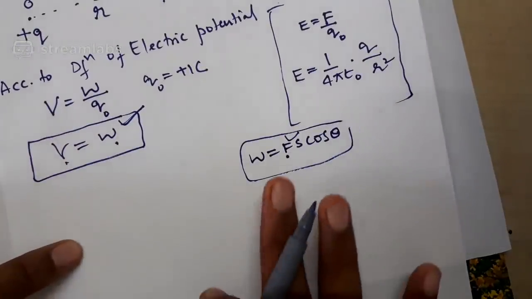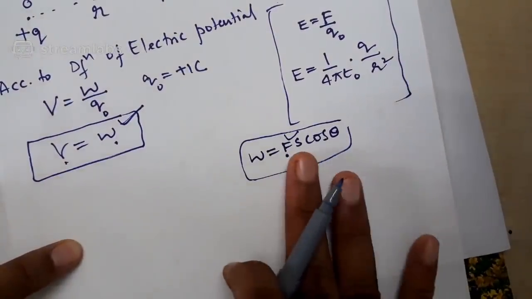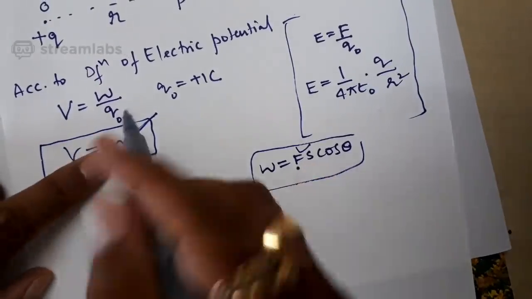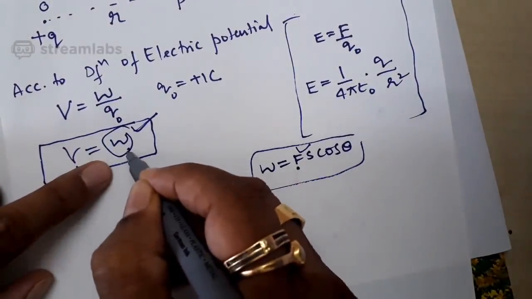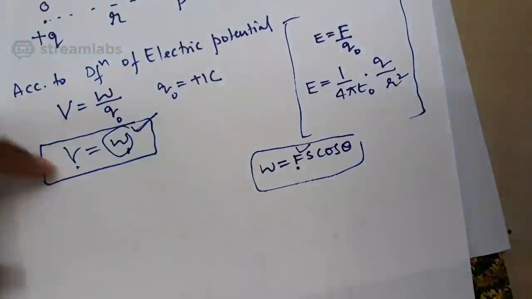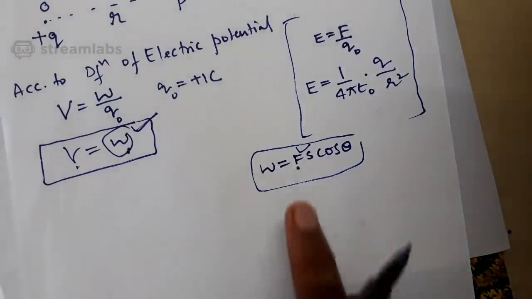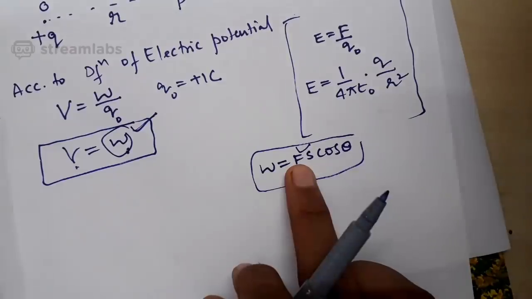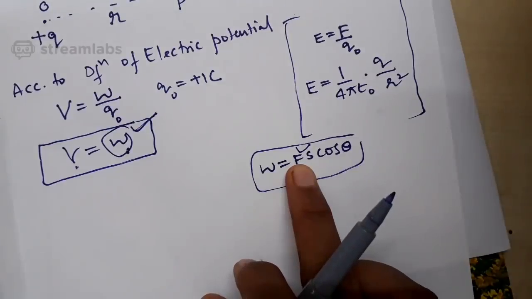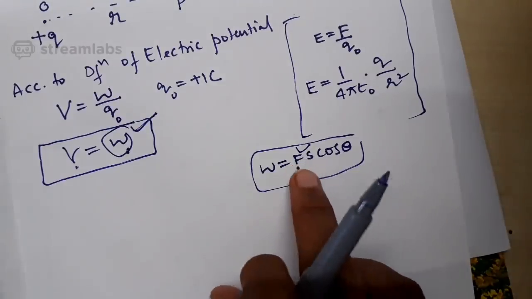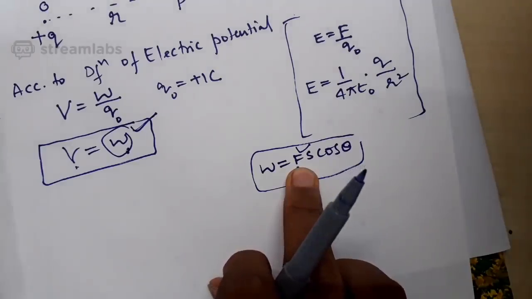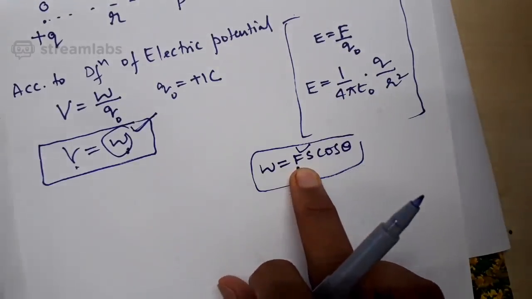I'll repeat. I think you understood the problem I'm facing in using this formula in calculating the work done. My aim is to calculate work done. If I'm able to calculate work done numerically, that itself is V. The problem I'm facing in calculating the work done is that the formula has a limitation. The formula is applicable only when the force is constant.